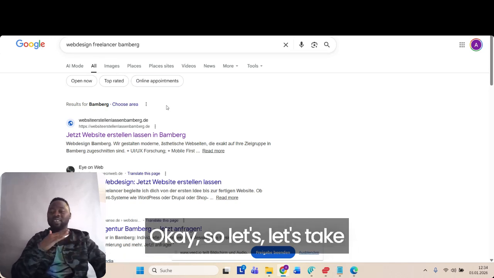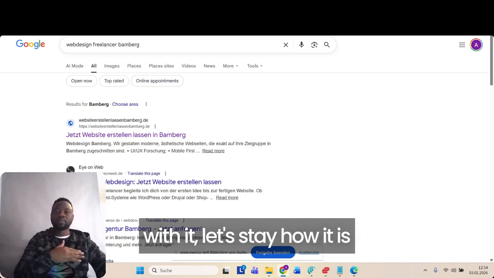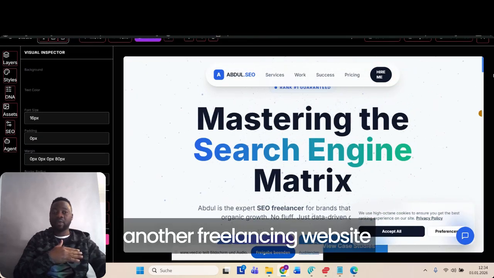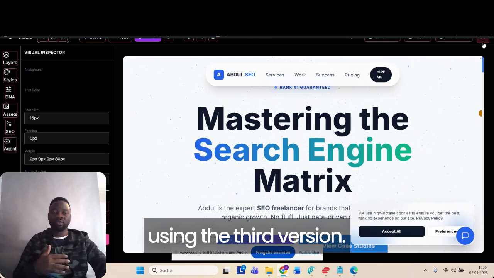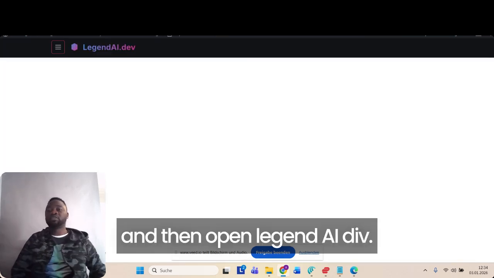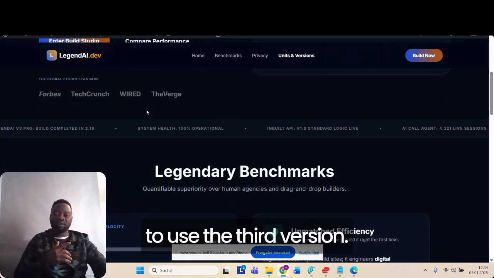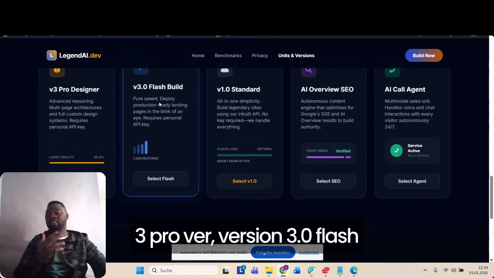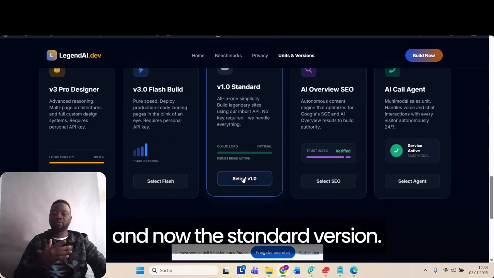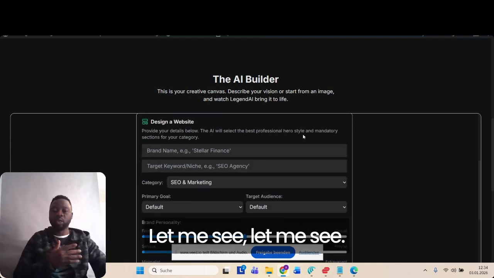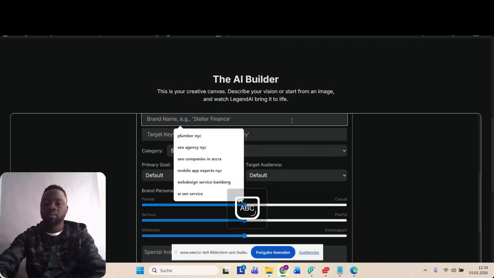Okay, so let's stay how it is, and let me go back. Now we are going to create another freelancing website using the third version. So I'm going to close this and then open LegendAI.dev. Now we are going to use the third version. What I created is version 3 Pro, version 3.0 Flash, and now the standard version. All right. So the standard version, let me see, SEO